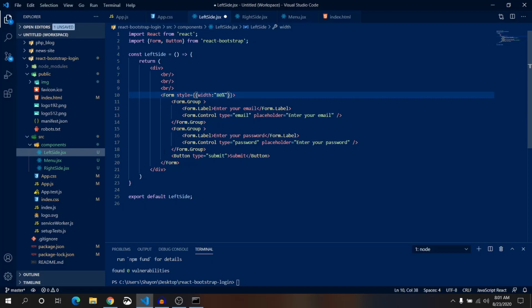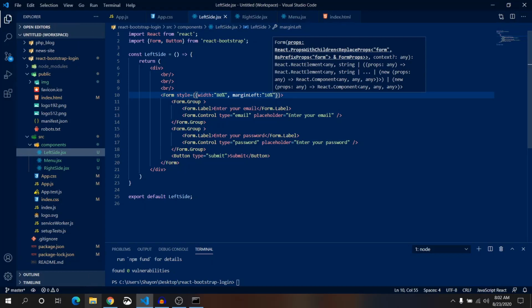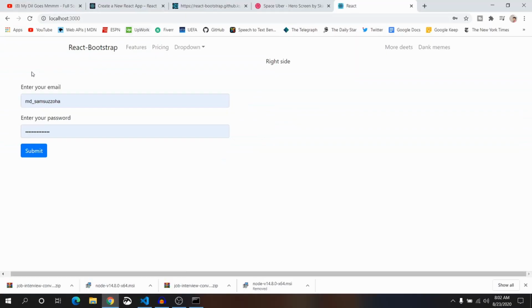Okay, comma, margin left is colon 10%. Okay, let's check it out on the browser. It's looking perfect, you see. Added some margin on the left side and added some margin on the top.